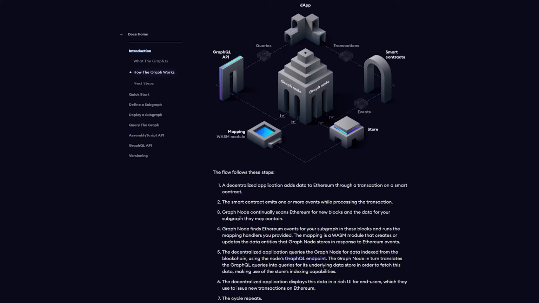So when they acquire this information, it can then run the mapping in this WASM module, which creates or updates the data entries into graph nodes that the graph node stores here in response to the Ethereum events. Then the dApp actually sends a query to the graph node for the indexed data from the blockchain using the